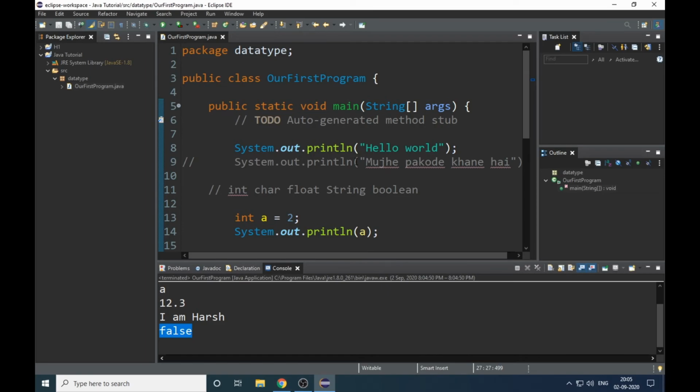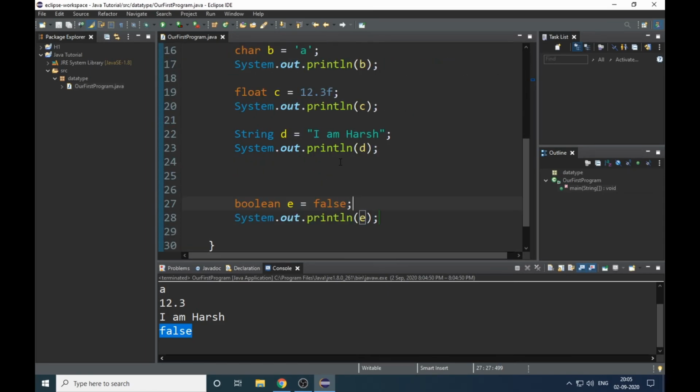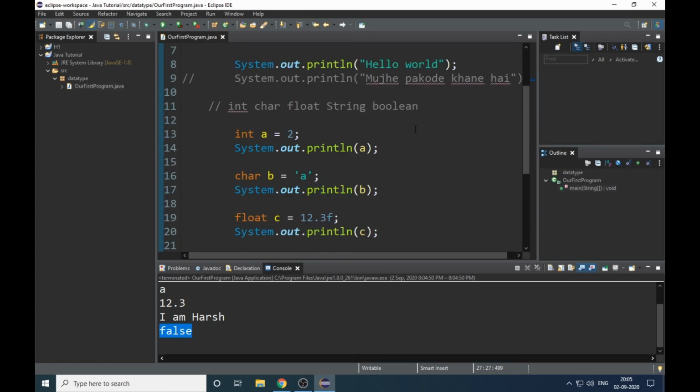Okay, so congratulations, you have learned data types. You have cleared all the concepts of data types. Usually 90% of the data types are covered in this. Why 90%? You might be thinking, in the initial video I said we have only 5 data types. Yes, we have only 5 data types: int, char, string, float, boolean.